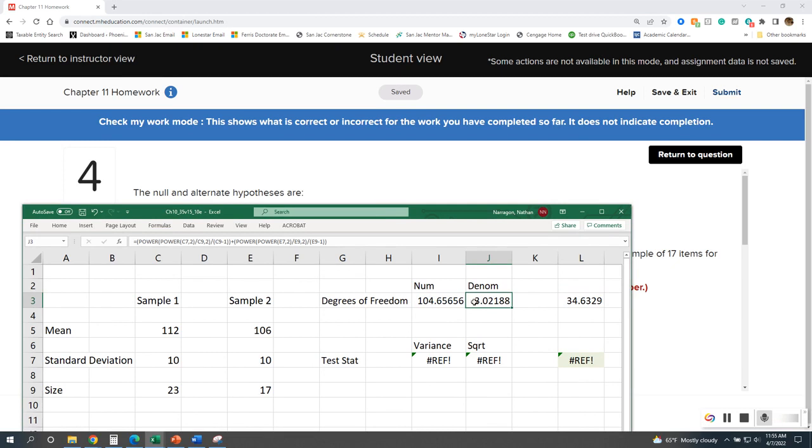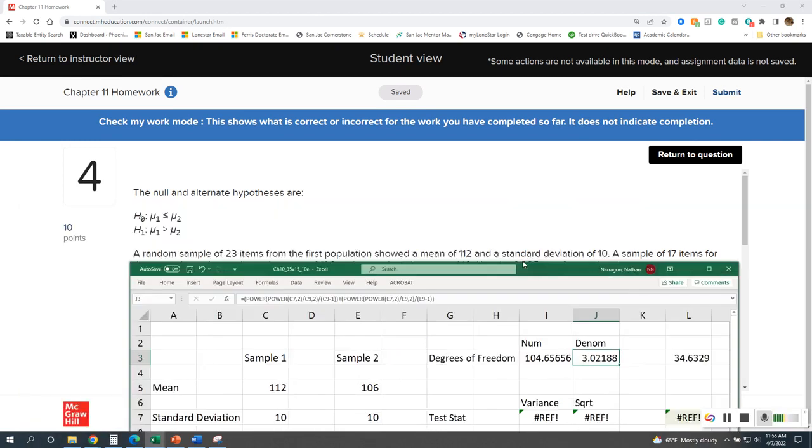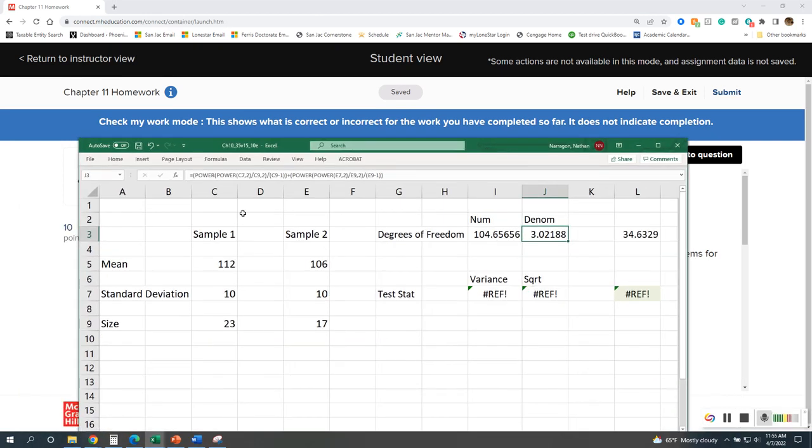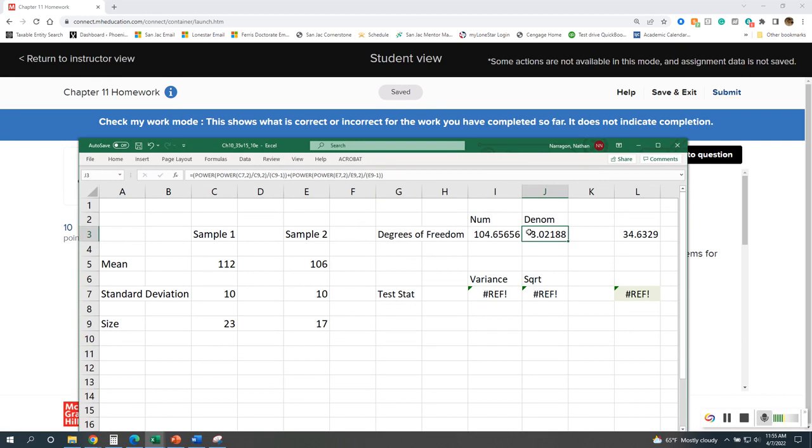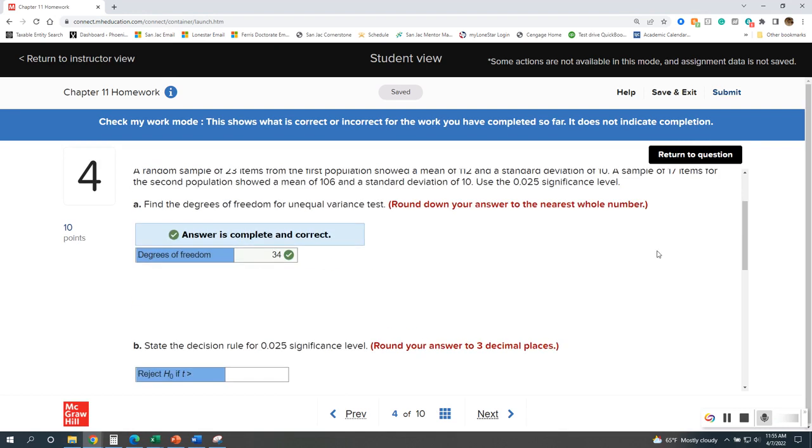And again, that takes a lot to put that power. I've got the power. So again, it just takes a little bit to make the degrees of freedom. And if you want to piece it out even more, you can, just so that you can see how each of the formula functions go. Alright, now that we have degrees of freedom being 34,